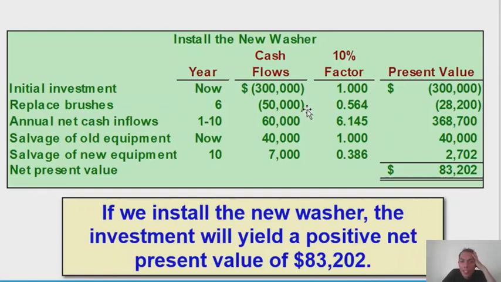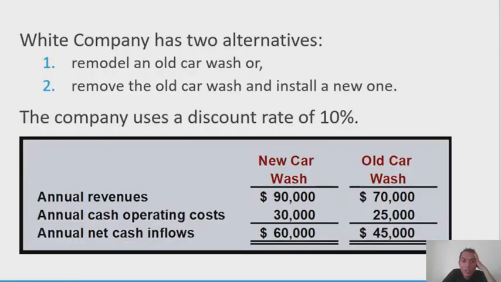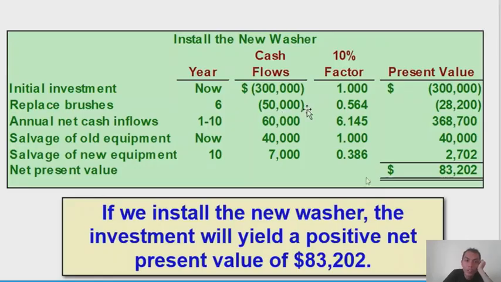Inflow, I think 60,000 per year. Saan ba natin nakuha? Ito yung sa new car wash. So, dito yung galing yung 60,000 per year. So, 60,000 per year. So, dito, invest na yung individual discount factor ang gagamitin. Gagamitin mo yung annuity factor, present value of an annuity for year,